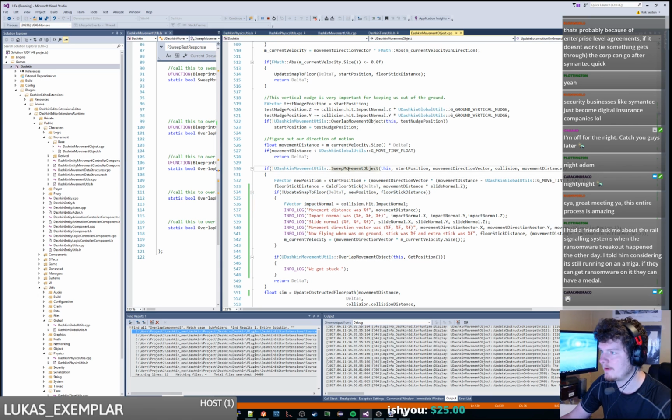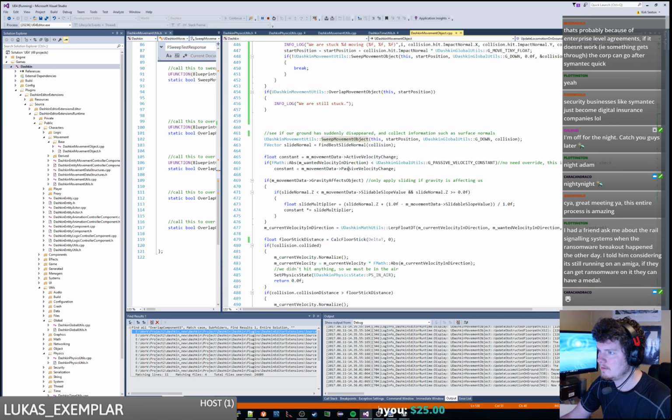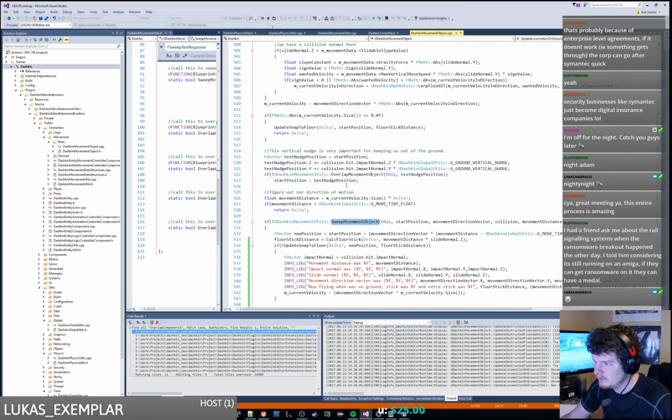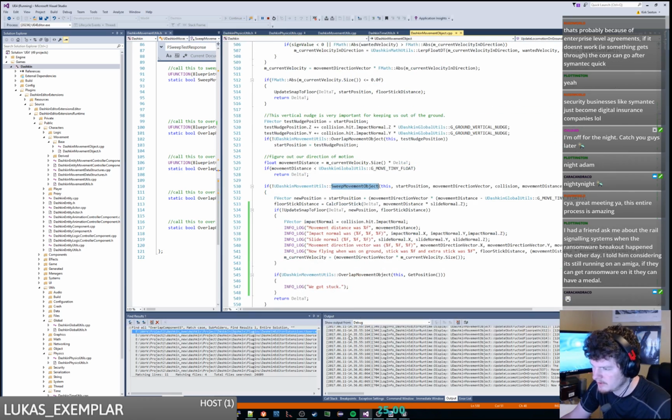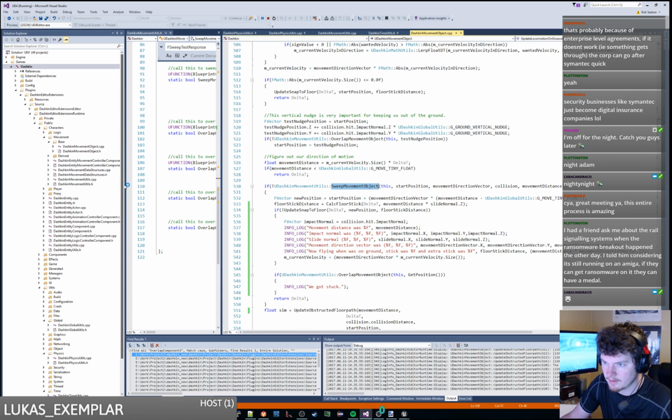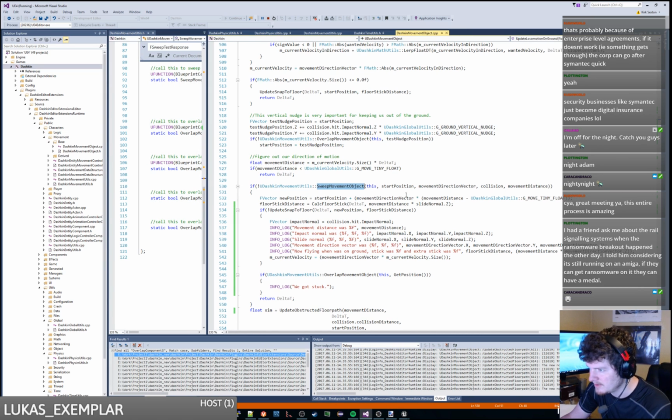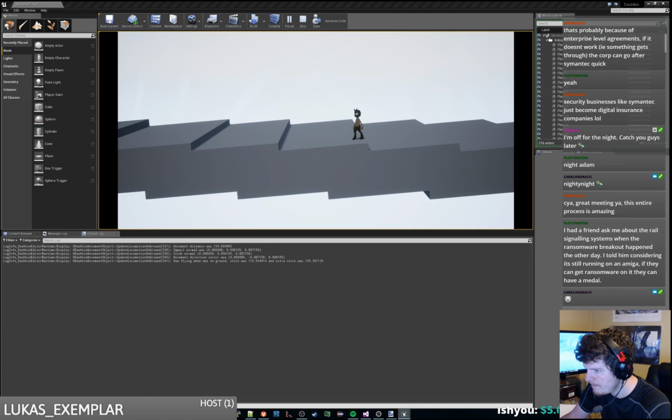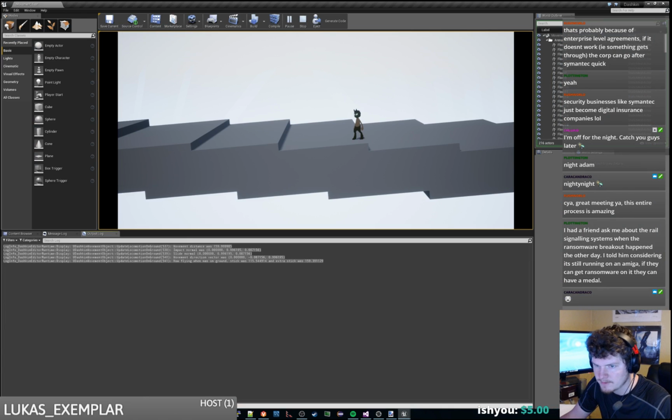So we are in our basic movement. What has happened is we have flown up into the air just on our very basic movement, and let's do some